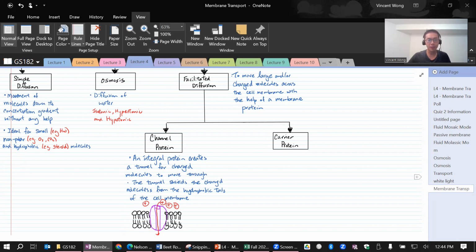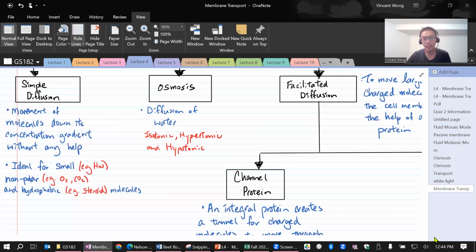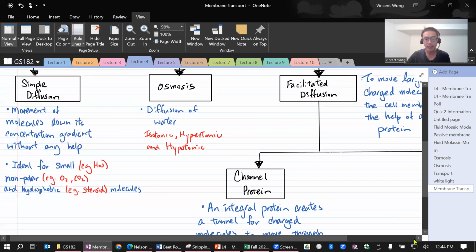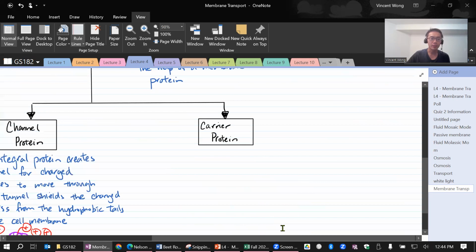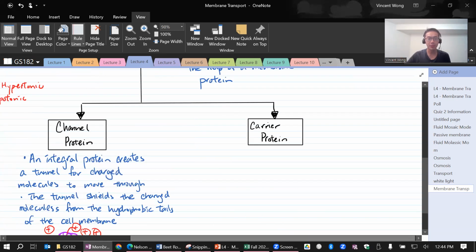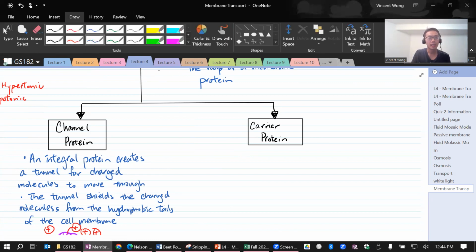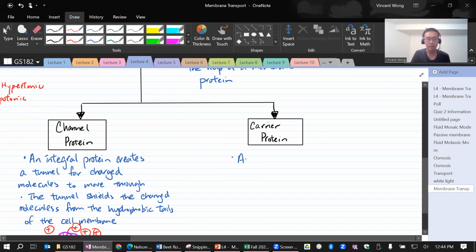Okay, I'm gonna move on, and I'm gonna go back in a little bit. It's easier for me to write. So the other kind is carrier protein. Carrier protein is similar to channel protein. It is also an integral protein. That means, again, it goes through the entire membrane. So an integral protein